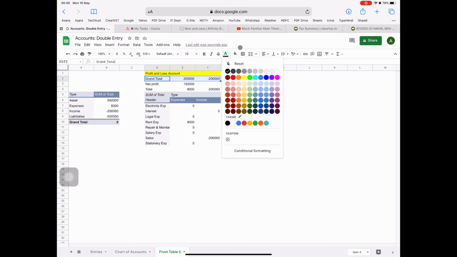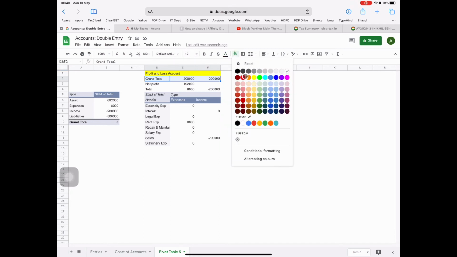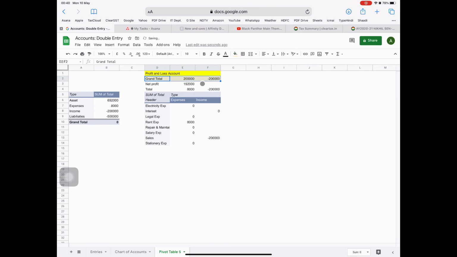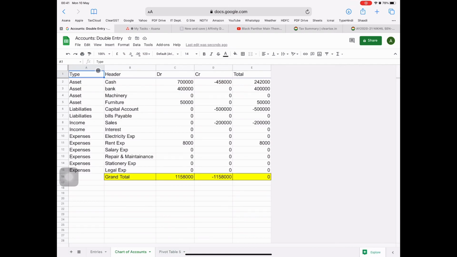Just creating another pivot table for getting the balance sheet out of this trial balance using the existing sheet. I'm just putting the location adjacent to our profit and loss account.